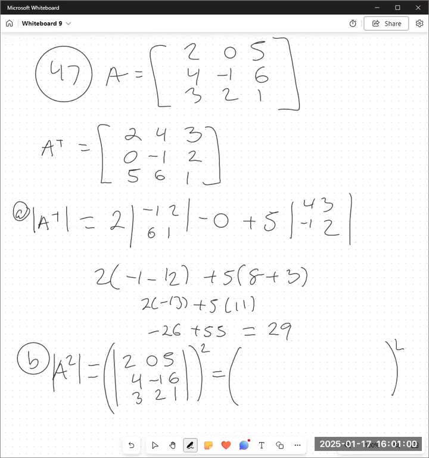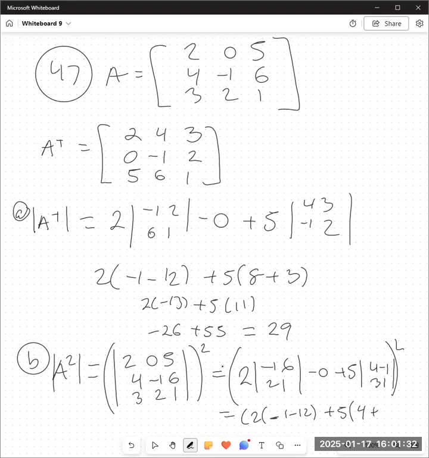This is 2 times negative 1, 6, 2, 1 minus 0 plus 5 times 4, negative 1, 3, 2, which is 2 times negative 1 minus 12 plus 5 times 4